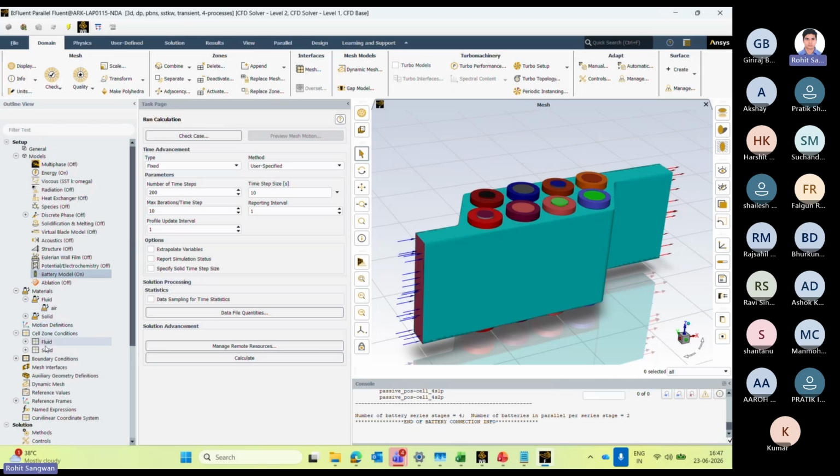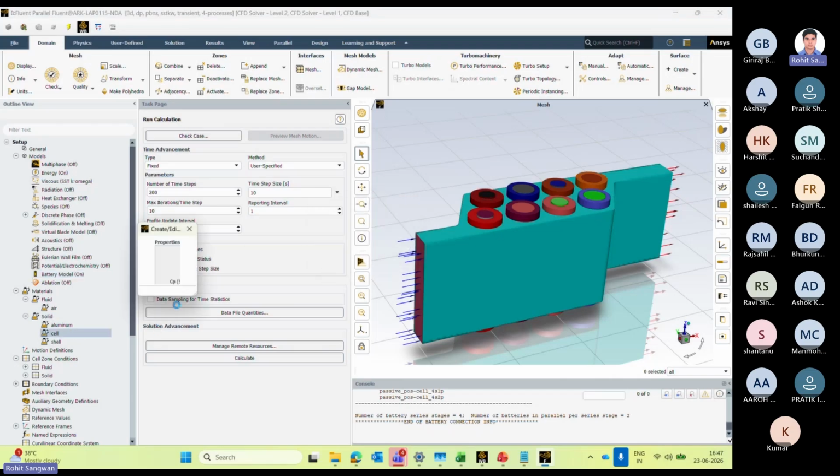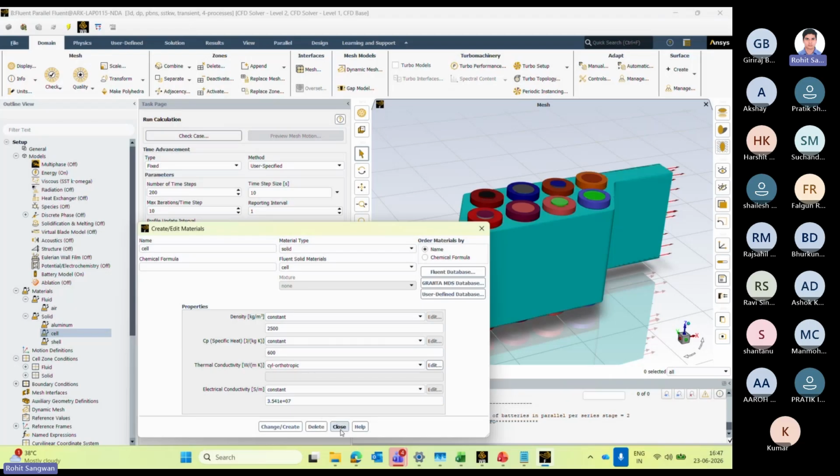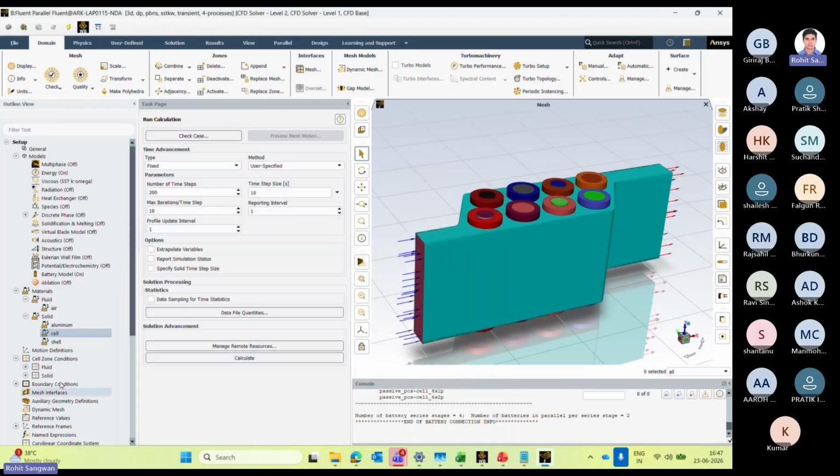In cell zone condition, we have assigned the material. For solids, we have defined the aluminum and cell material. Somewhere we use cell material, somewhere we use other material. So you can define those with respect to your part. And we have assigned the cell zone condition, the material condition,